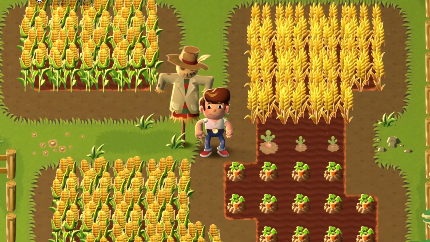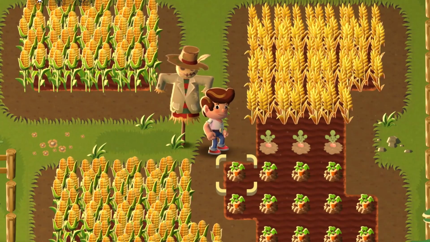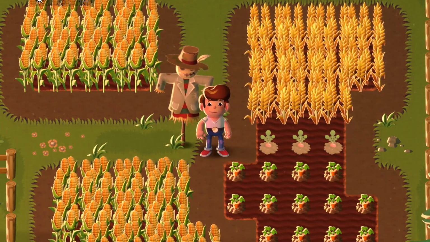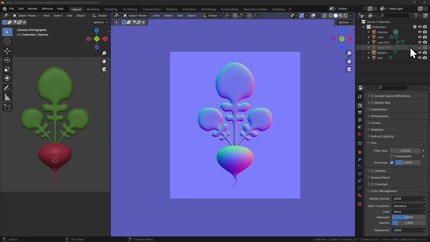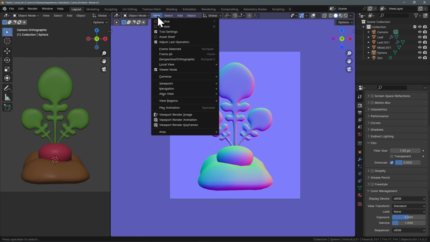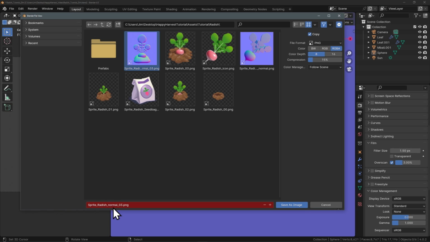If we don't use any secondary textures, the normal map or a mask map, our asset will look out of place given that Happy Harvest uses these advanced lighting features. Back in Blender, turn on the dirt clump, then viewport render image, and save this render in Unity as sprite underscore radish underscore normal underscore 3, since this will be for the